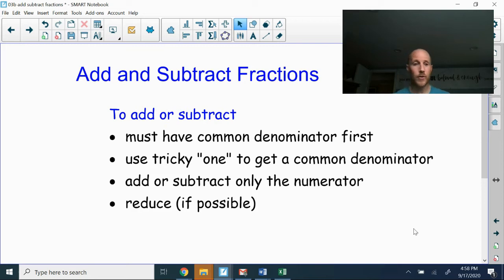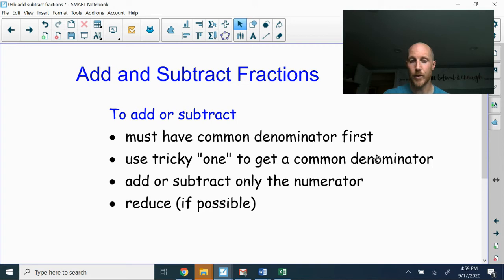Adding and subtracting fractions also has a pretty strict set of rules. So in order to add or subtract, it doesn't really matter whether we're adding or subtracting as far as the rules are concerned, we must have a common denominator first. If our fractions do not have the same denominator, that has to be addressed first. If they do, then we can skip down a couple of steps. But in order to get a common denominator, we're going to use the thing I call a tricky one